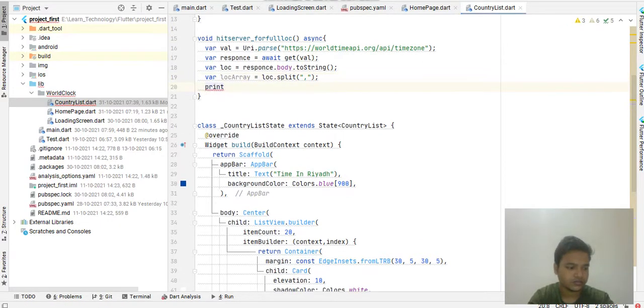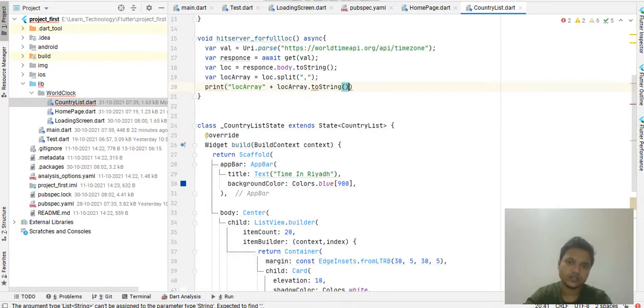I'm adding a print statement here to make you understand how it's going and whether it's printing the right value or not. Location array to string. Make sure it is an array.